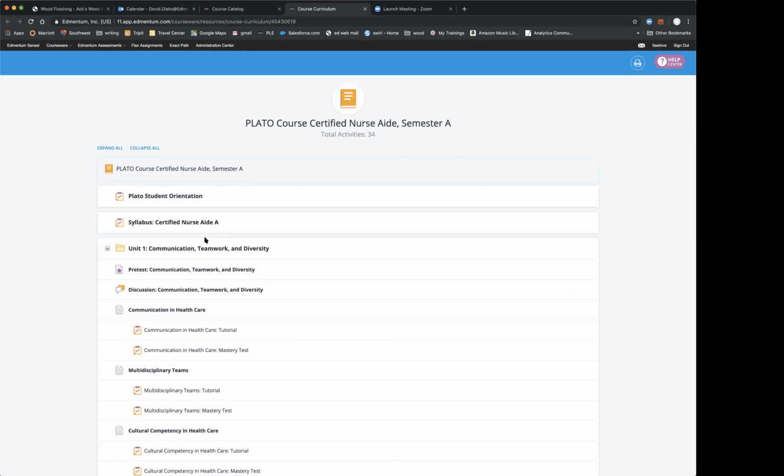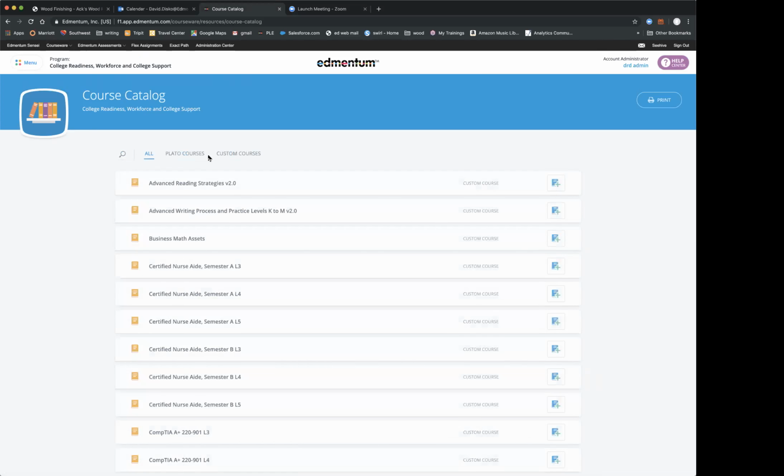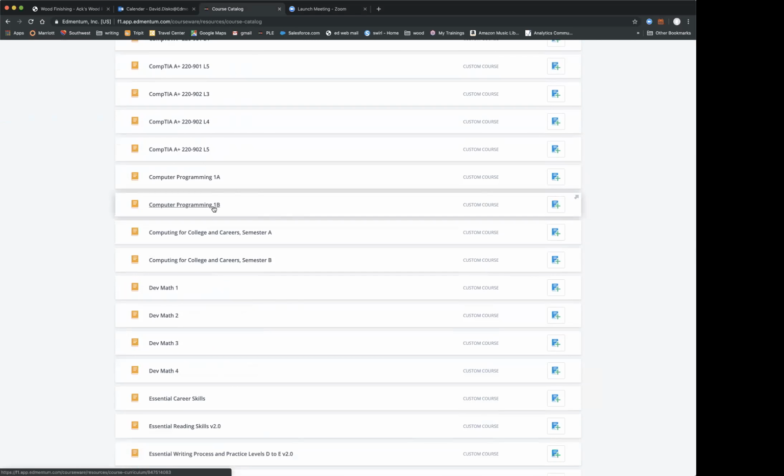And this prepares students for Certified Nurses Aid. There are 2 semesters to this, so it's not just a 1-semester course. So there's semester A, semester B. Those are available right now.